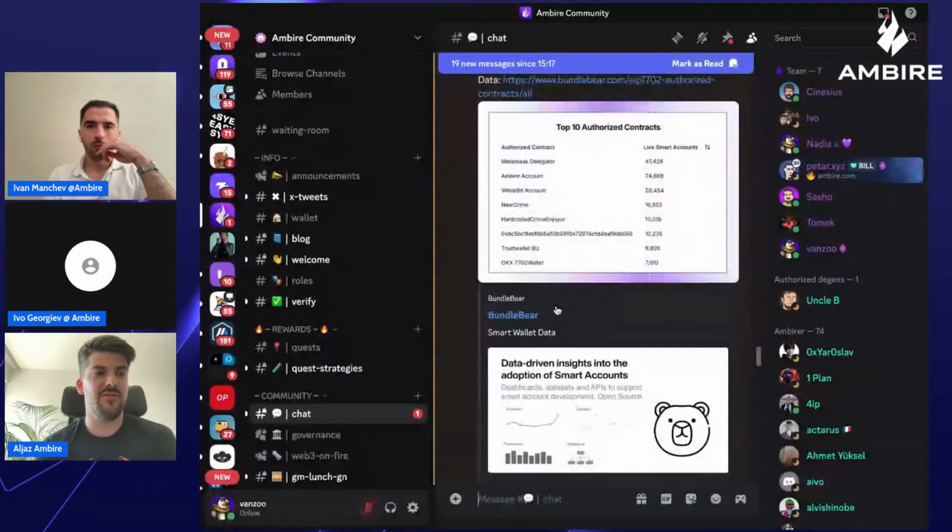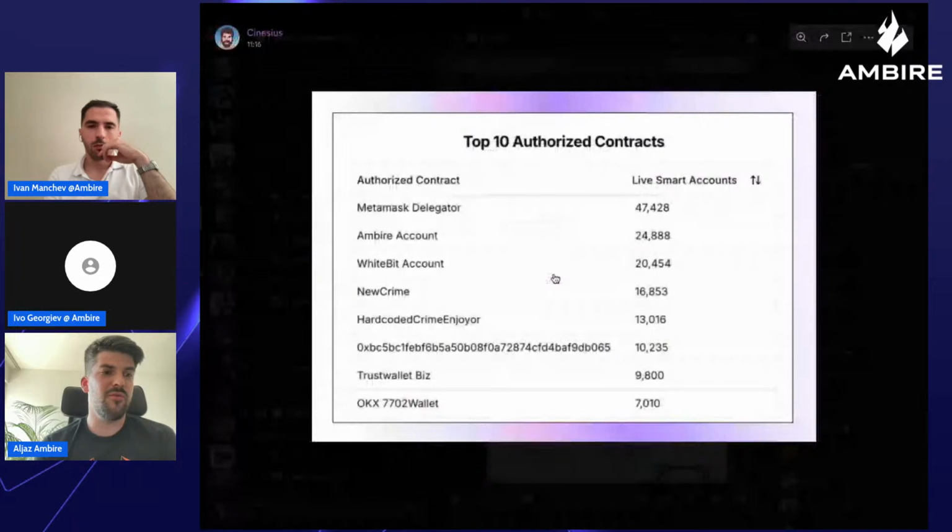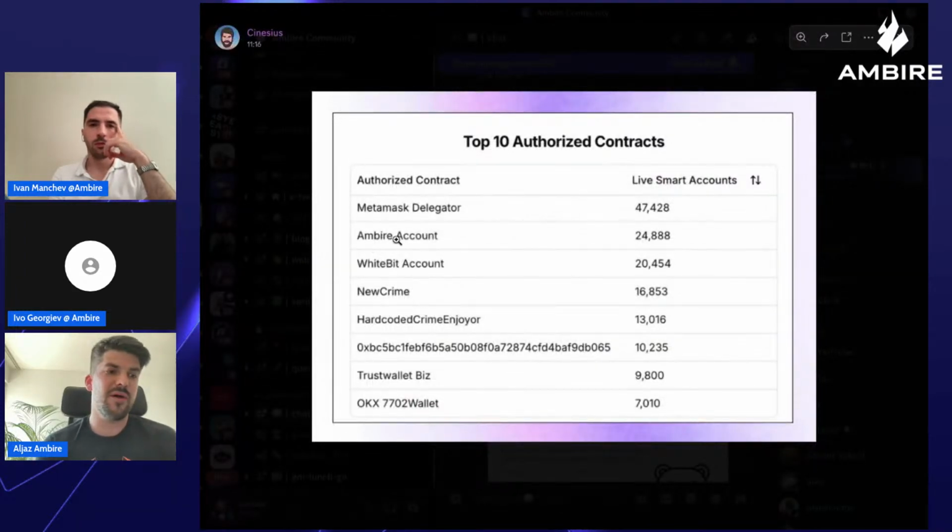Something important to note is that at the moment, only hot wallets can upgrade to smart EOAs. Hardware wallets do not support EIP 7702 yet, and it's going to be super interesting to see how these numbers behave after that, because seeing some discussions on X and on Farcaster, some hardware wallet users are excited about it, some not so much. So it will be interesting to see how this pans out.